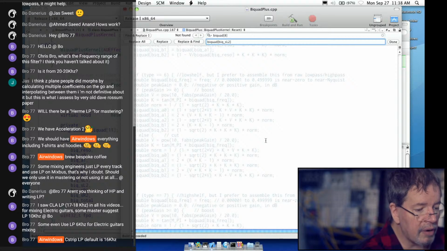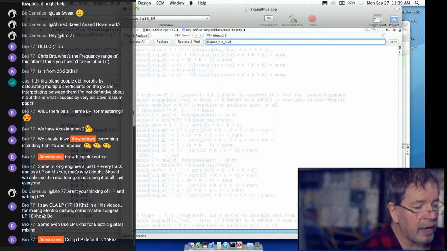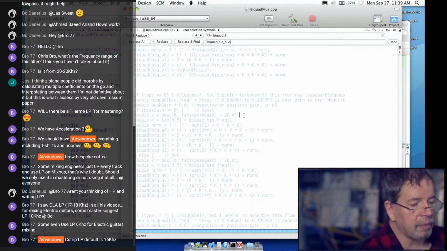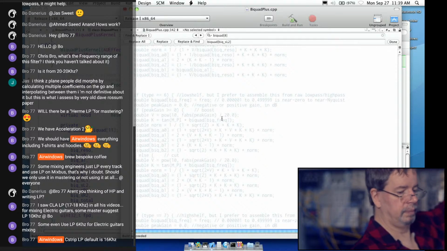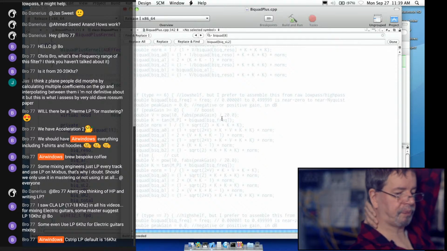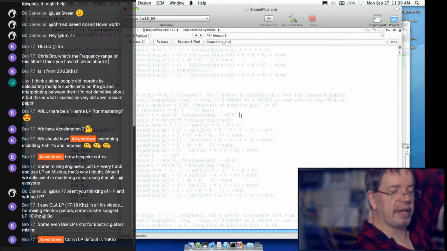I'm curious as to how deeply it's built into the code. Like we've got V here. So my other stuff doesn't use that at all. But V is part of how we calculate this. And peak gain is expressed in dB, but that just turns it into this, where V would be 1 if it was unity gain.